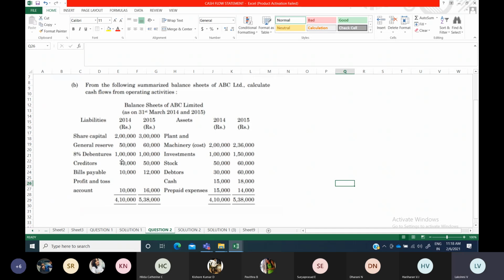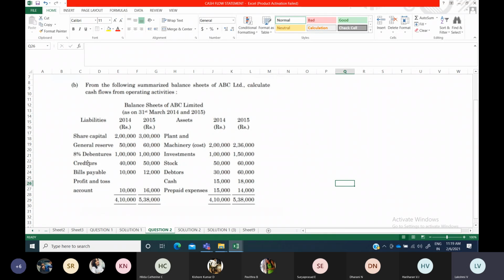Then 8% debentures 1 lakh, 1 lakh இந்த மாதிரி அமௌண்ட் வந்துருச்சுன்னா you need not worry about that itself. அது இஷ்யூவும் கிடையாது, ரிடம்ஷனும் கிடையாது, பர்ச்சேஸும் கிடையாது, சேலும் கிடையாது, அந்த மாதிரி தான் அர்த்தம். ஓகேங்களா? அதே அமௌண்ட் வந்துருச்சுன்னு வச்சுக்கோங்களேன், பிரச்சனையே கிடையாது. அந்த ஐட்டமா அப்படியே you can skip that information. Here if you see means debentures, it is neither issue nor redemption, you can leave it. Or else if it is something lesser amount or higher amount, you have to find the difference, issue or redemption, and bring it under financing activities. Here nothing is there, you can just leave it out.